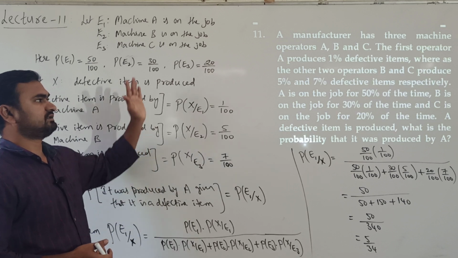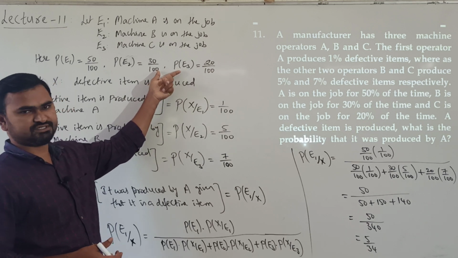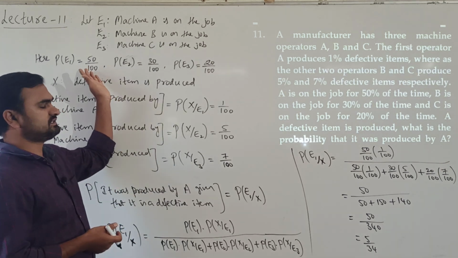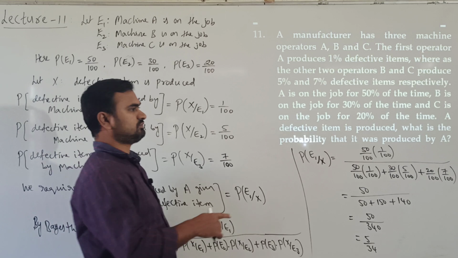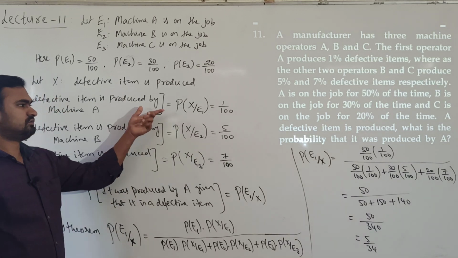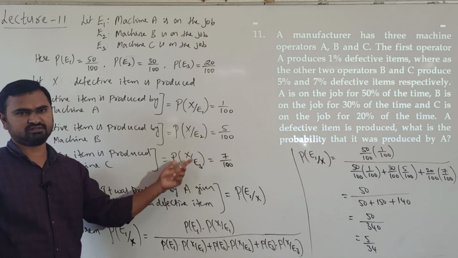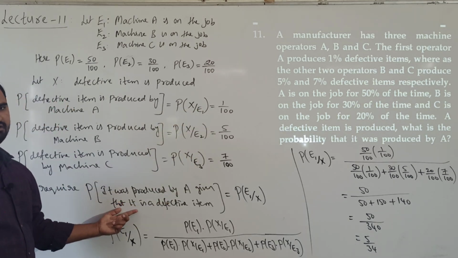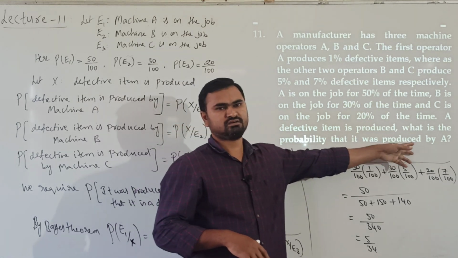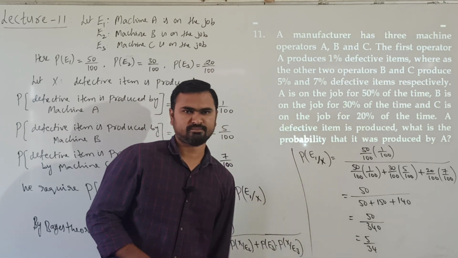Understanding? So we are taking the three cases, machine A, machine B, machine C. Since they are not on the job for the same time, if they were on the job for equal time, then we could take the probabilities as 1 by 3, 1 by 3, 1 by 3. But they are on the job for different times, so we take the probabilities differently. Now we know the probability that A produces defective items, B produces defective items, and C produces defective items. Now we are interested in the fact that a defective item is produced, which has already happened. What is the chance that it is produced by machine A? So the first case we need. By Bayes theorem we can solve this problem. Understand?